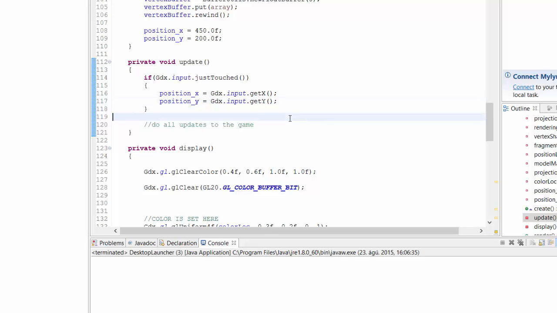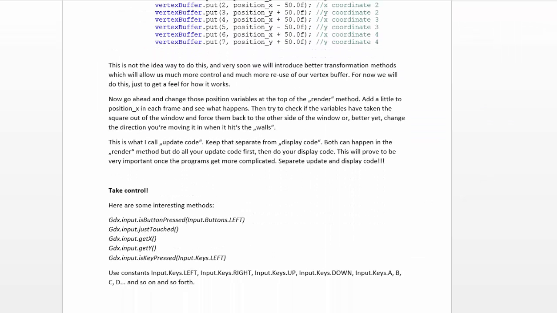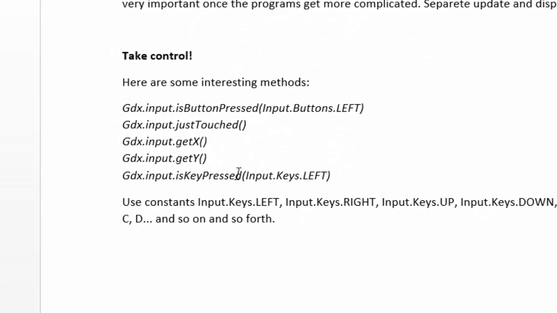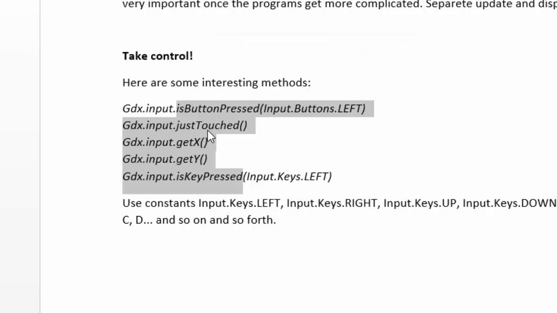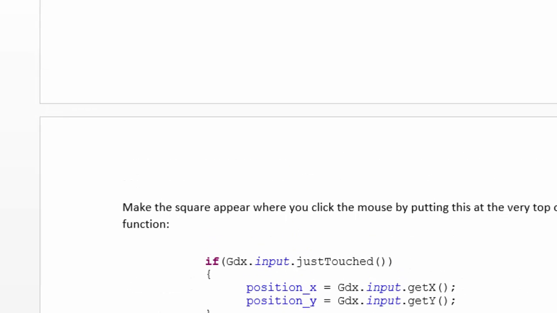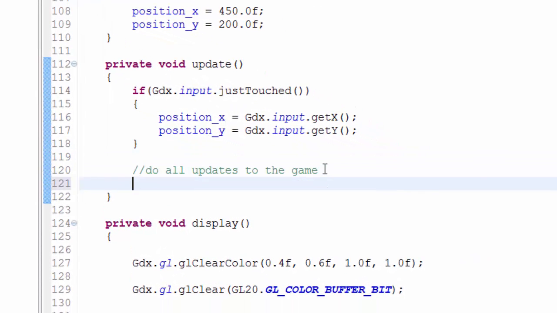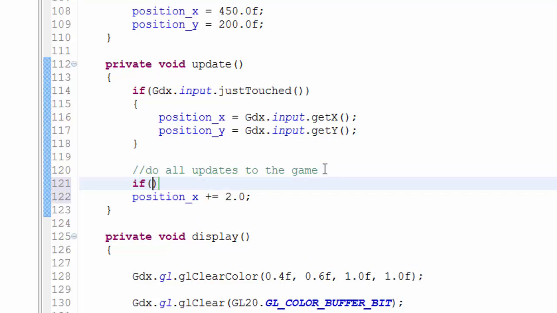Okay, so that's one thing. We've got the input rolling, and after that you should just look at some of these functions here. A lot of interesting stuff. Experiment, experiment, experiment. And same thing if we go back in here, doing the updates in the game. If we do the same thing that we did earlier, position x plus equals 2. If we instead put that inside an if statement and say if